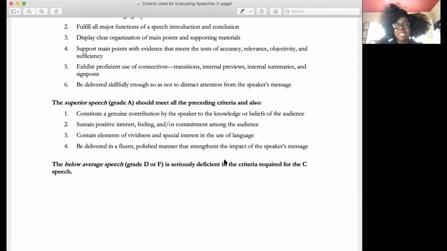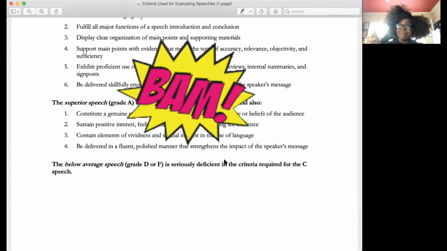And then you have to deliver it in a polished, fluent manner that strengthens the impact of the message. So it means that the message is already powerful, but on top of it, bam, you make it even more